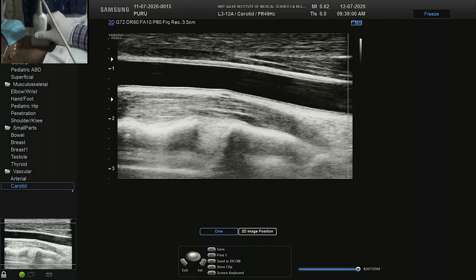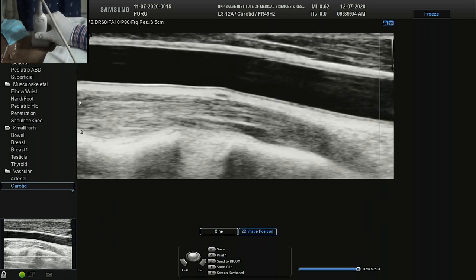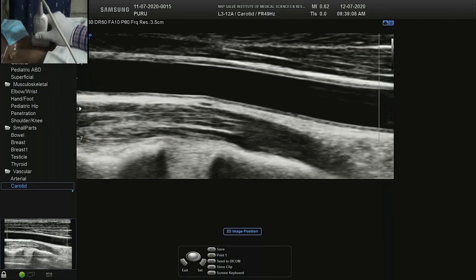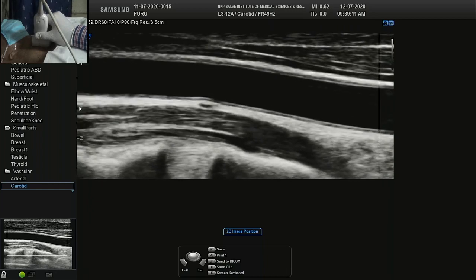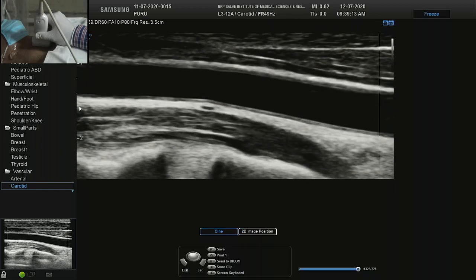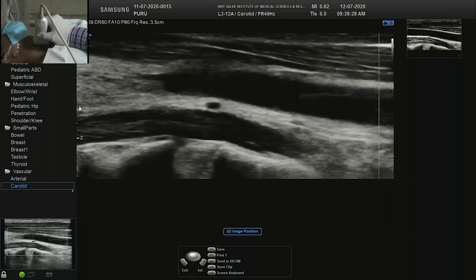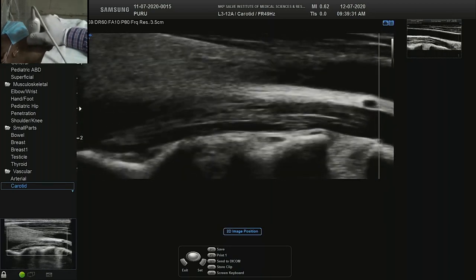You should ideally measure at the distal. We can magnify this, and for demonstration purposes I will reduce the B mode gain so that this is very nicely seen on both sides, very clean intima, and we can measure echogenic to echogenic, and here it is 5 millimeters. So more than 10 millimeters is considered abnormal.